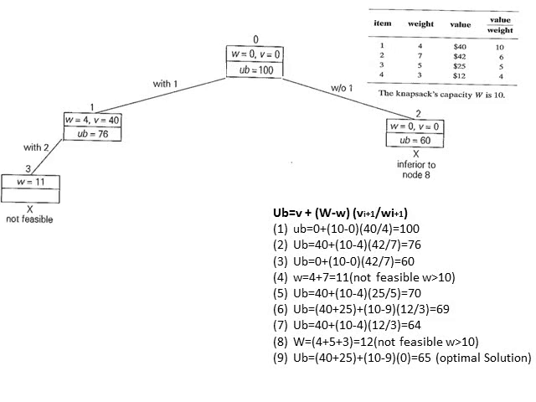For the third node, if we try to add the first and the second item into the knapsack, 4 plus 7 is equal to 11, and it exceeds the capacity of the knapsack, so we cannot add the second item. So with 2 it is not possible. Without 2, upper bound is equal to 40 plus 10 minus 4 into 25 divided by 5. This is the ratio of the third item, which gives 70. W is equal to 4, V is equal to 40, upper bound is equal to 70. That is without 2.